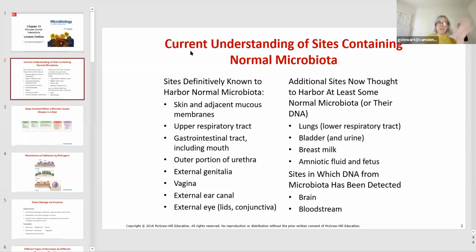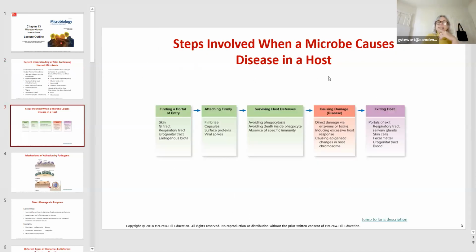Okay, so we talked about the sites containing normal microbiota. This is important: these are the steps involved when a microbe causes disease in a host. There's some vocabulary here and some ideas that we need to talk about. We refer to how the organism gains access as a portal of entry. I listed on your handout some common portals of entry, and you're going to see they match pretty much here: skin, gastrointestinal tract, more generally the mucous membranes, and endogenous biota that accidentally get inside of us. And I put on our list parenteral,